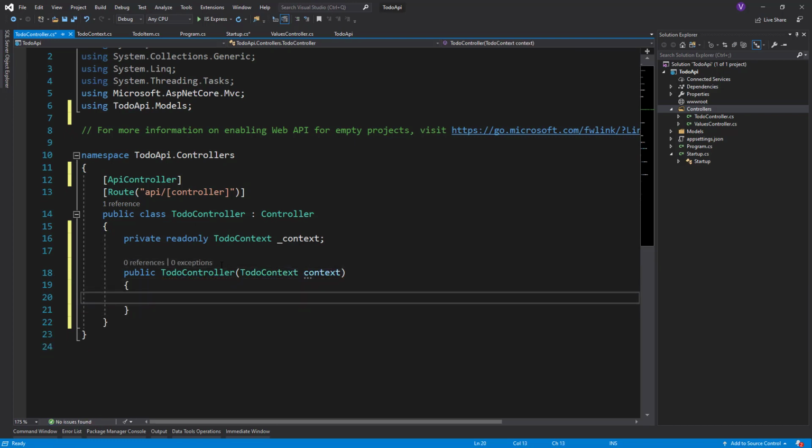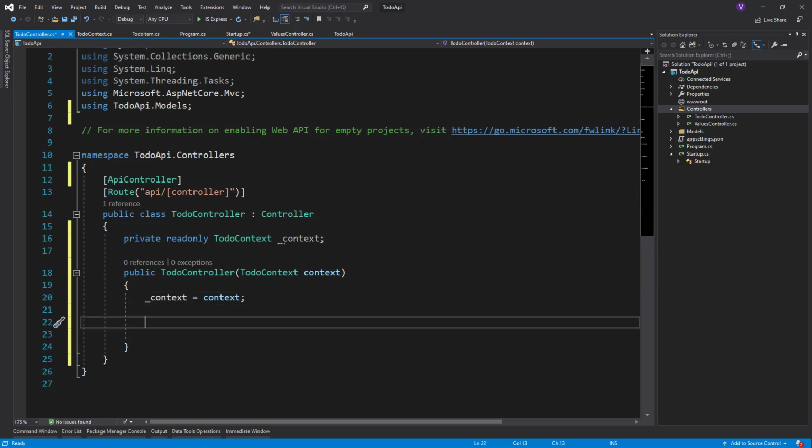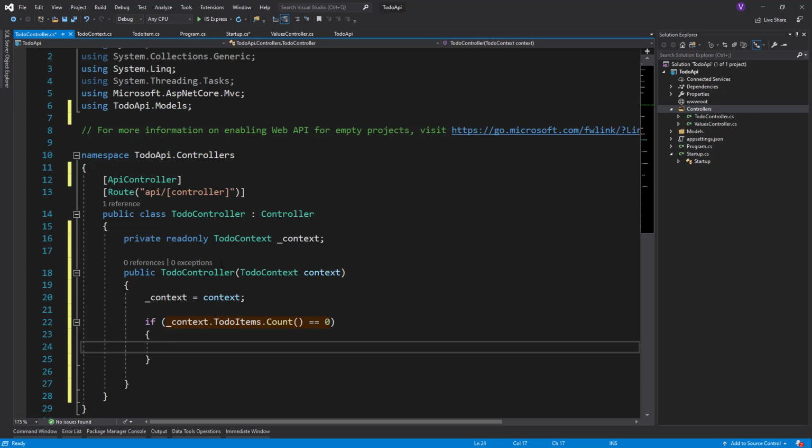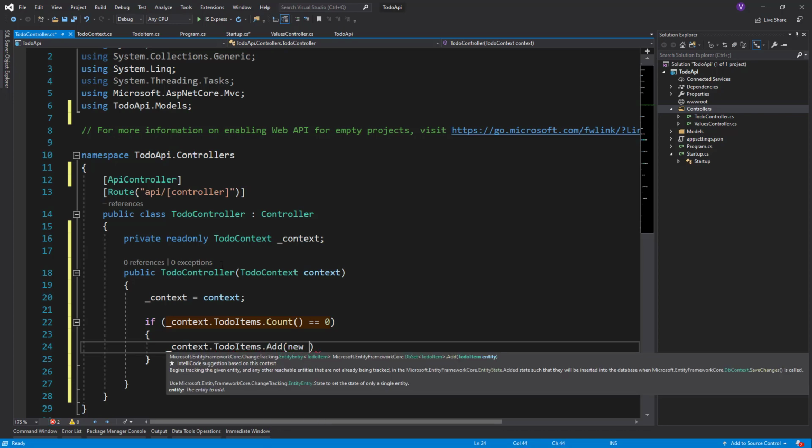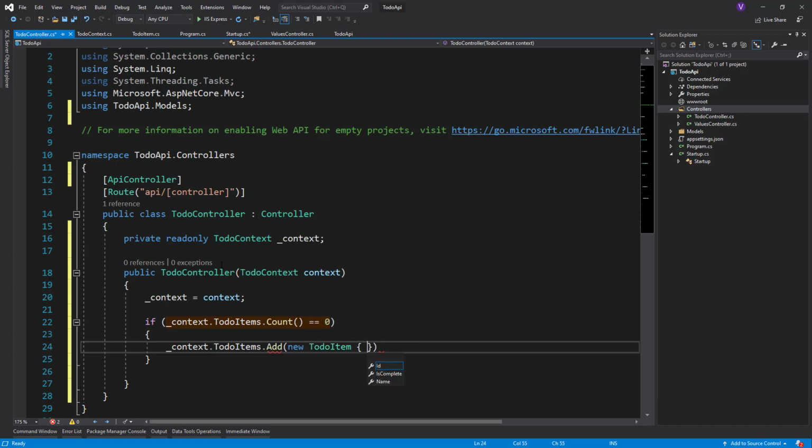And what should it do? Pretty much it would say, hey, my context is what you are giving me. And now if the context that you have given me is actually an empty one, or in other words, it has 0 elements, then show some elements. Place context.ToDoItem.Add, and let's say new ToDoItem, and